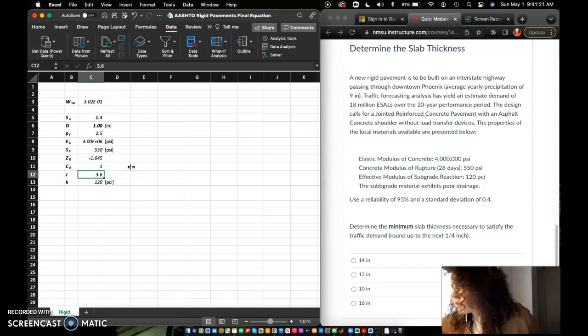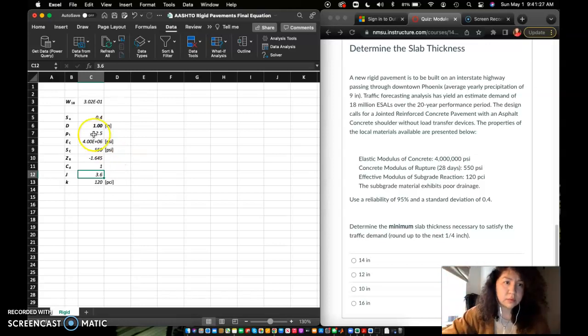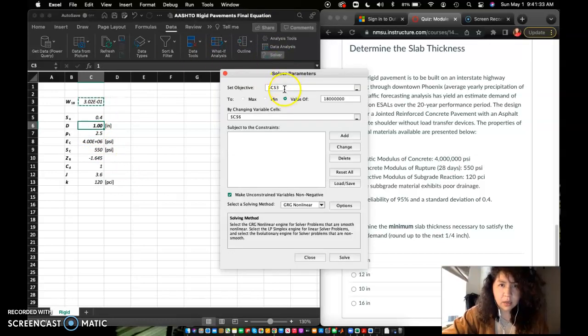Okay. So I'm going to try to solve again. This should solve for 18 million. My thickness should solve for